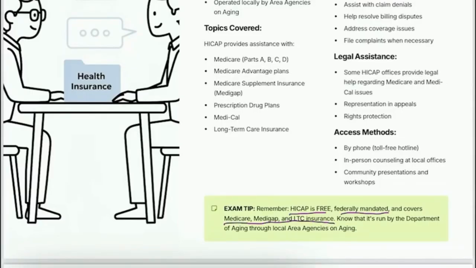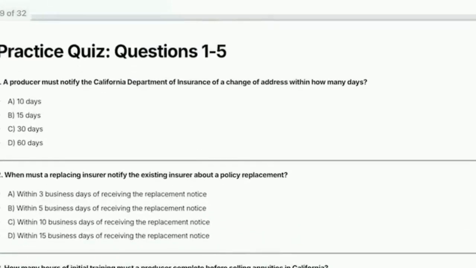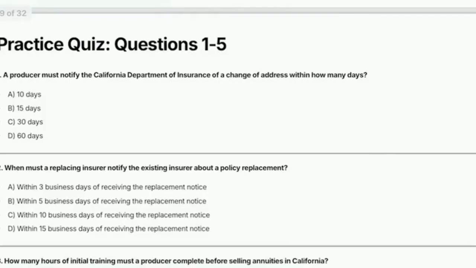All right, so we have made it through the most important, most loved by the exam material for the California Life and Health Insurance Exam Laws and Regulations section. Now, it seems like a lot, but you've got this, and really it's just a whole lot of timelines and a couple terms and concepts. So just get comfortable with those numbers, do your flashcards. We're going to do a practice quiz here to wrap this up. So I will read through the questions and then we will go through the answer key at the end.